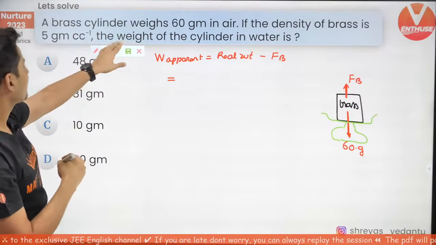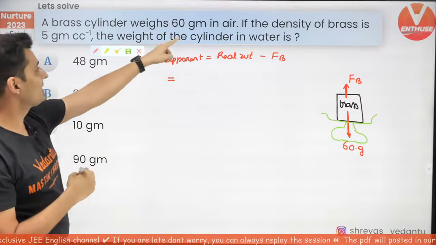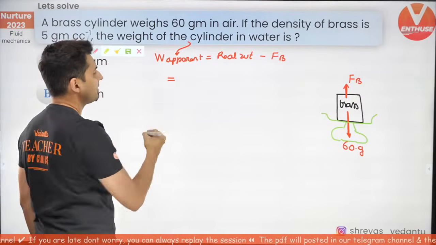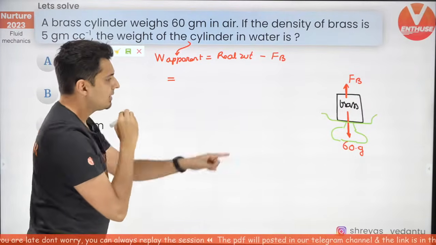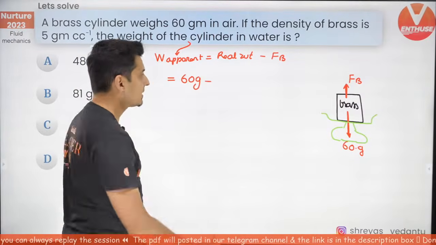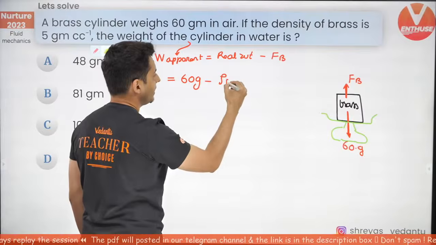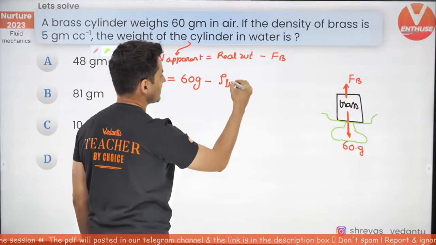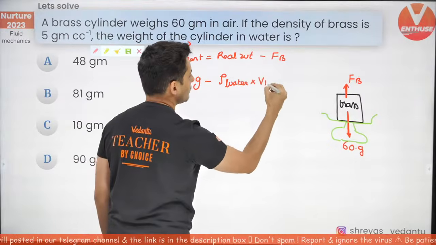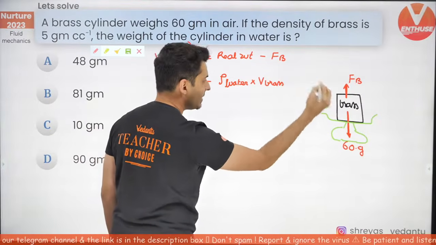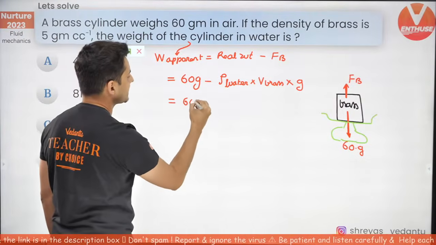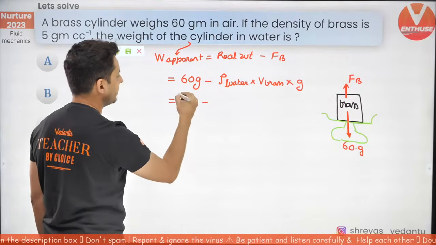The question is, what is the weight of the cylinder in water? That's what they have asked. What is the apparent weight? Real weight is known. It is 60 into g. Buoyant force is density of liquid, which in this case is water, into volume of brass, which is completely submerged, into g. Fair enough. This will now become 60 minus, because g is common,